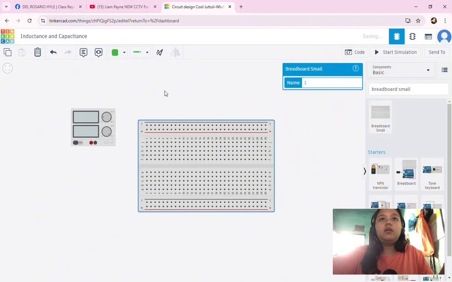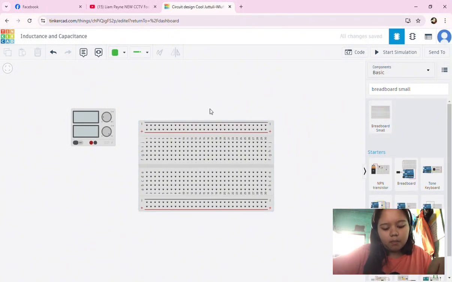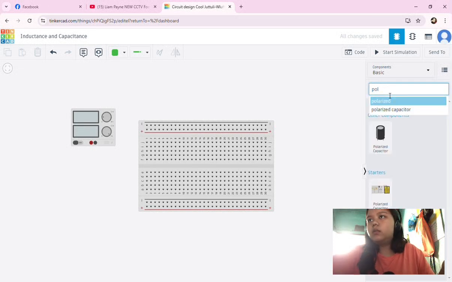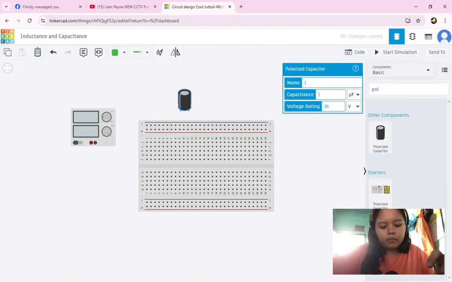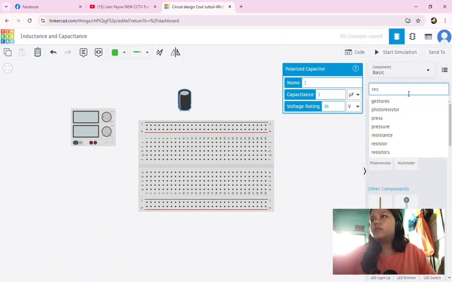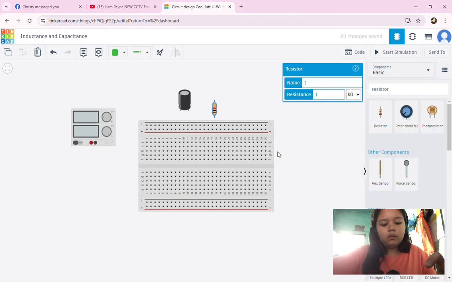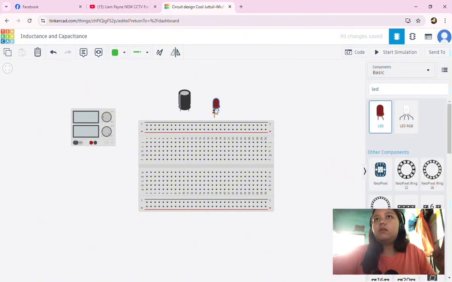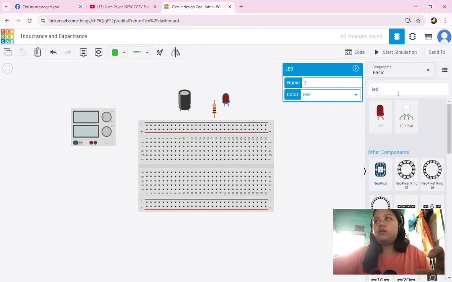Just gonna grab it here, and the polarized capacitor, resistor, the LED, and the inductor.